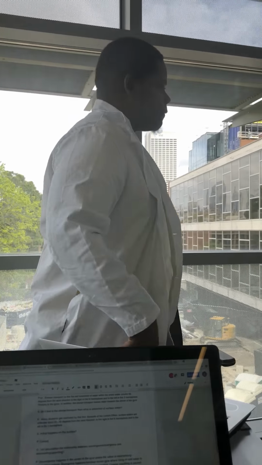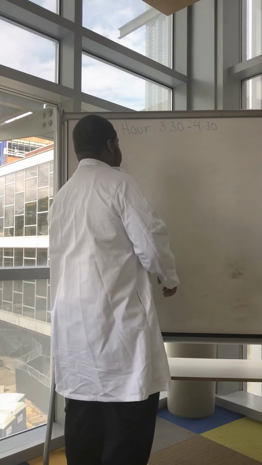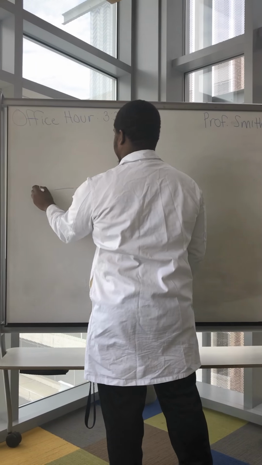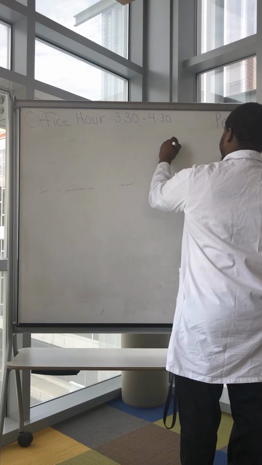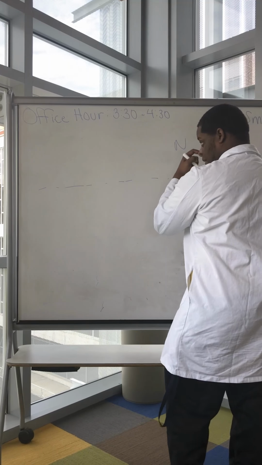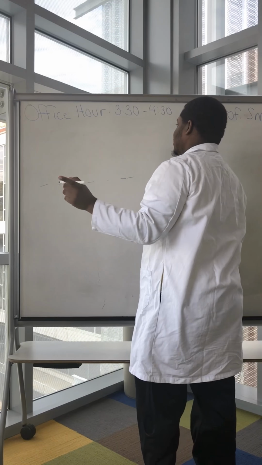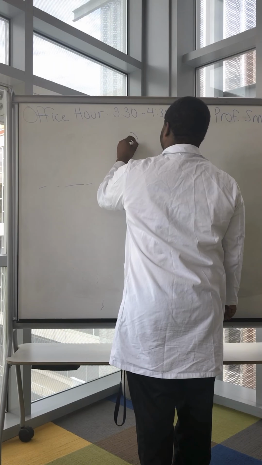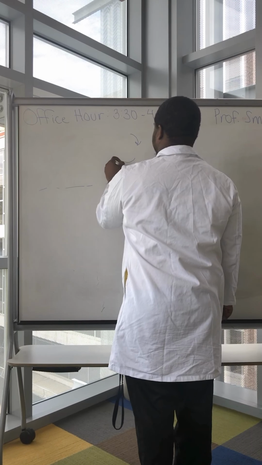Okay, so can you explain the relationship between convergence and divergence, as well as upwelling and downwelling? Yeah, I have to go to the board for that one. Okay, so convergence happens at the center of the gyre. So you have your equator, and then here you have the northern hemisphere, you have the southern hemisphere, and you remember that the water movement in the north goes to the right, so clockwise.